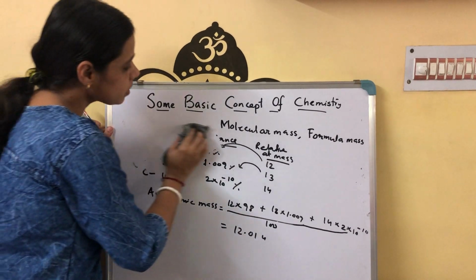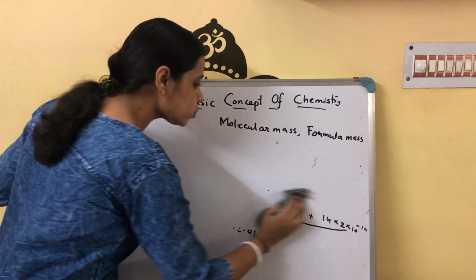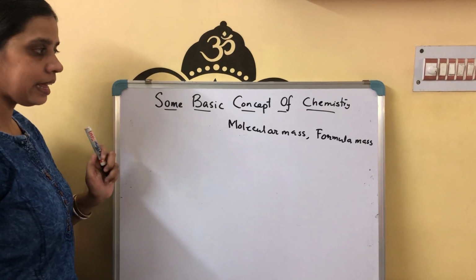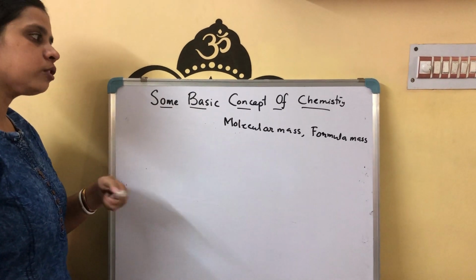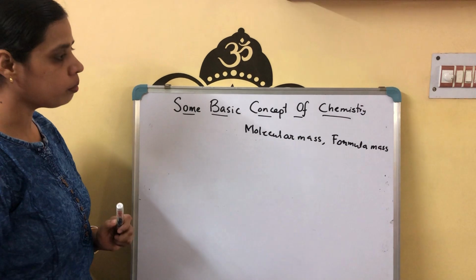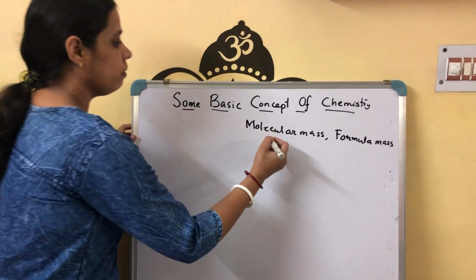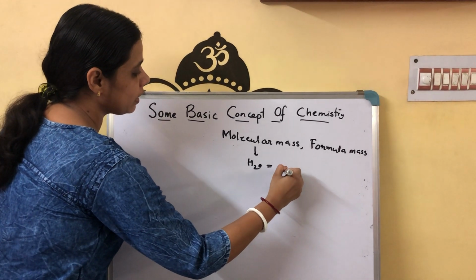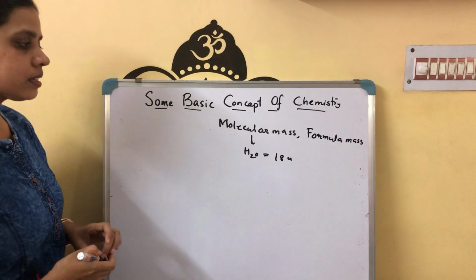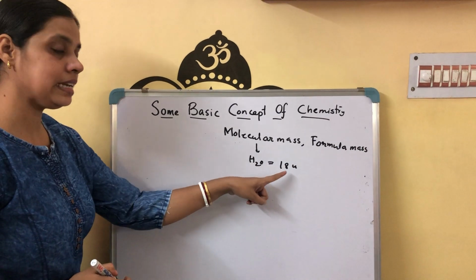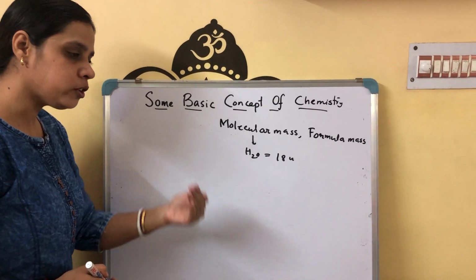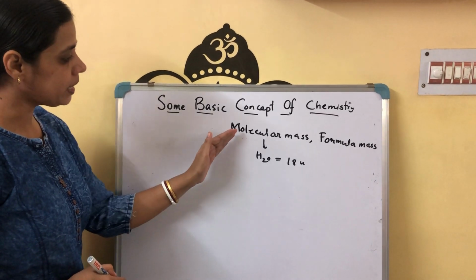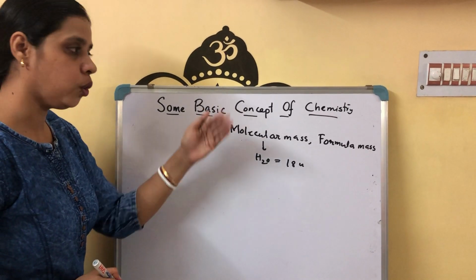Next, I explain molecular mass. What is molecular mass? Like an atom, a molecule is also small, so we do not directly calculate its molecular mass. By taking the help of the AMU scale, we also calculate the molecular mass of a molecule. For example, if I take a water molecule, what will be the molecular mass of water? That is 18 U. That means one molecule of water is 18 times heavier than 1/12th the mass of a C12 atom. So in this way we calculate molecular mass also.